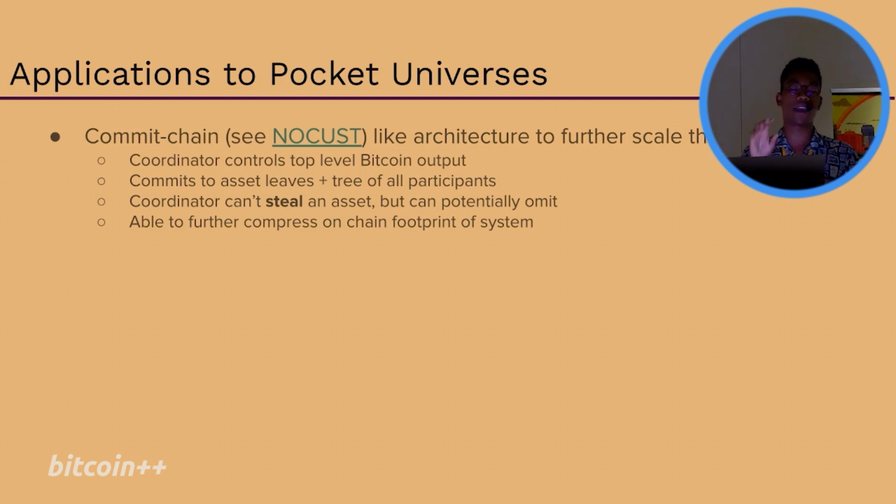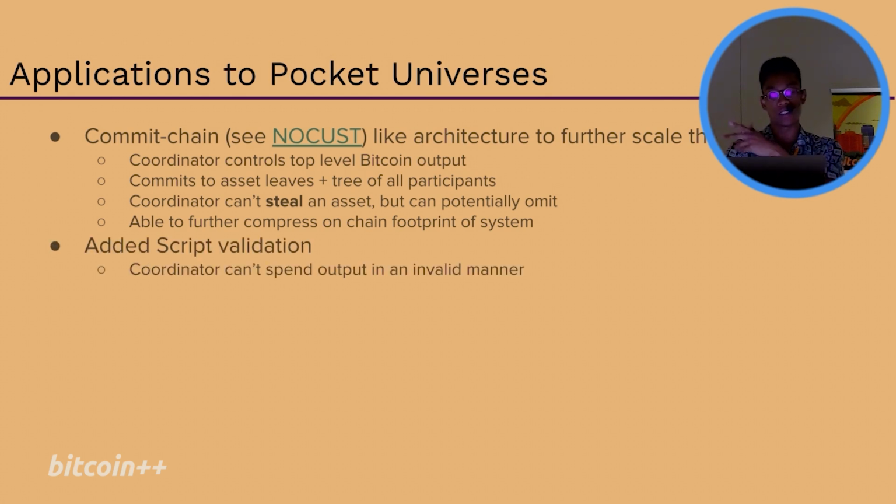This is cool because now you can compress the state, the chain footprint of the system, into basically one input, one output that's actually moving into the chain every single time, right? For example, otherwise, let's say I had 100 users. The 100 users basically make 100 transactions, so it'd be 100 Bitcoin transactions itself. But in this case, we make 100 transactions in Pocket Universe just in this one layer itself, which is